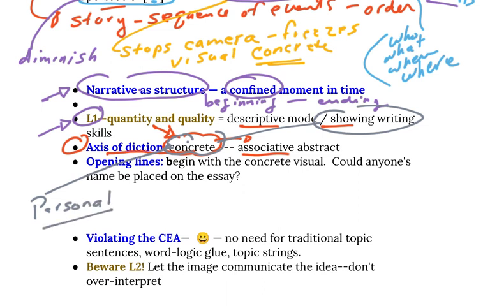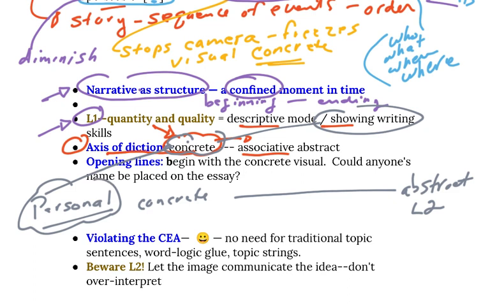So when your words are on this continuum, the concrete over here versus over here the abstract, which is mostly the world of L2, this is where it becomes very personal, and no one else can put his name on this essay because it's too personal. It refers to specific, concrete details from your memory. But if you stay in the abstract,